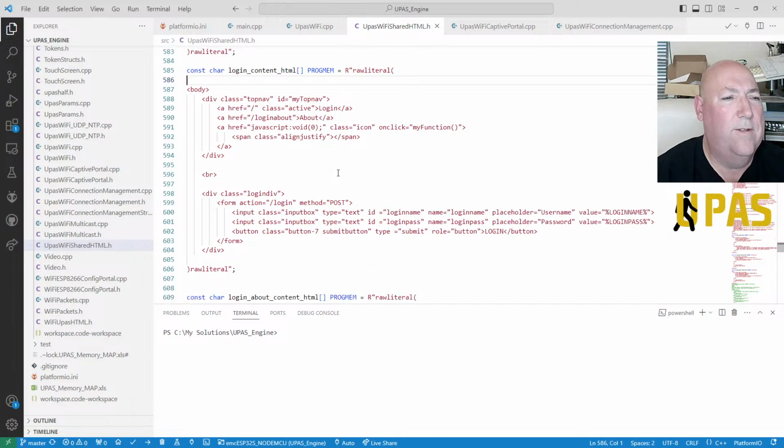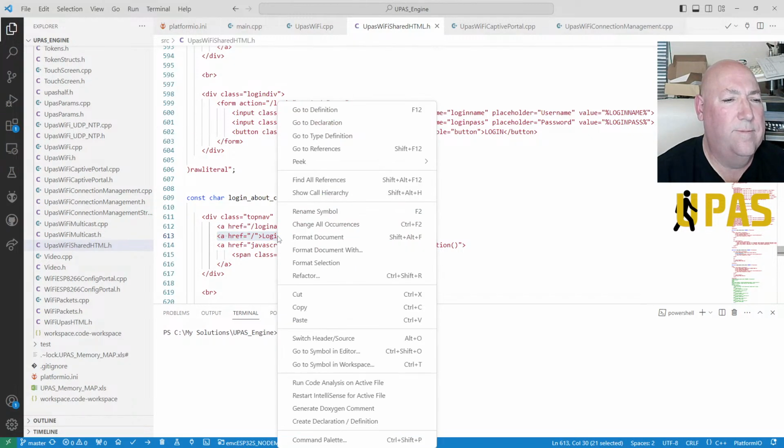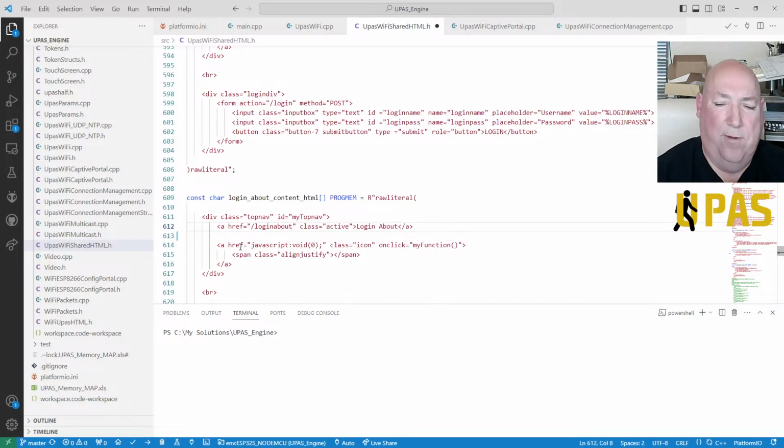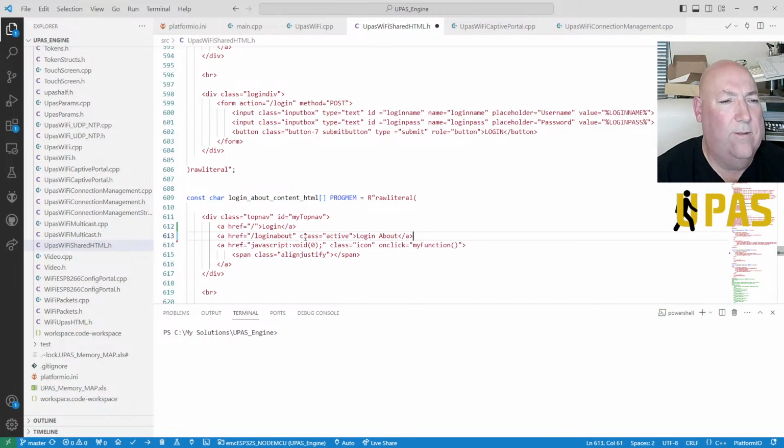So what we're going to do is just go down here, swap that round, put that there and go like that, and that should be it. So we're making this one active and that one not active.